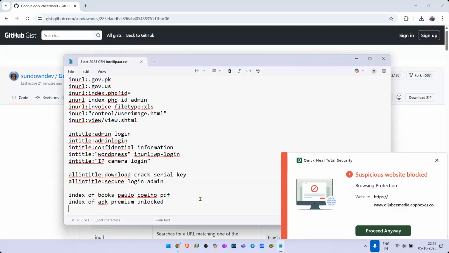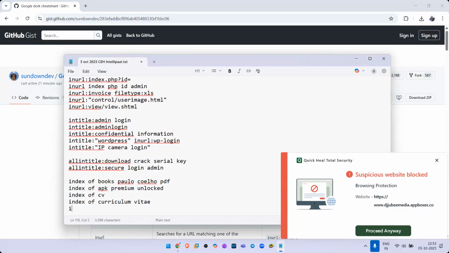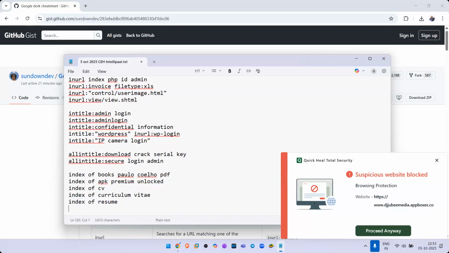You can go and experiment on your own. Index of CV, index of curriculum vitae, index of resume, and index of Google Docs, which I showed you.